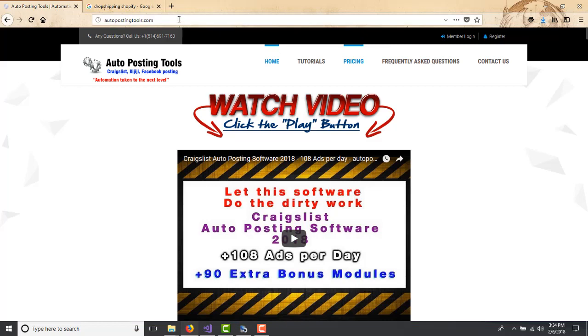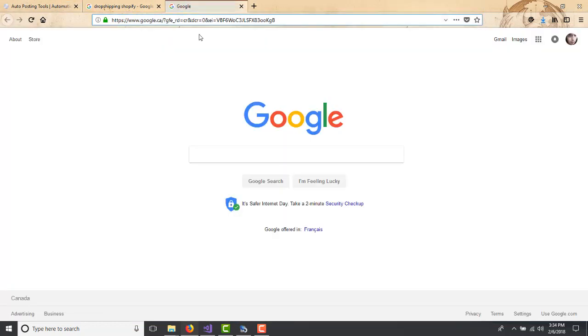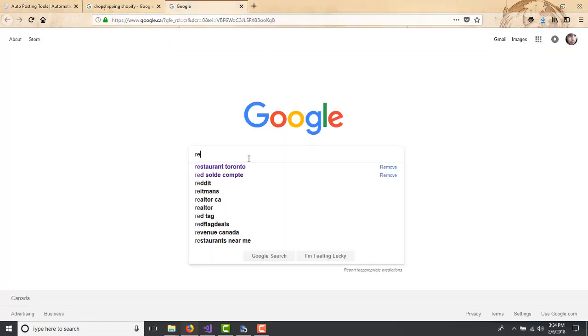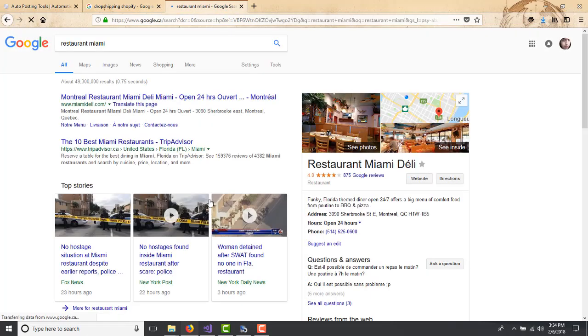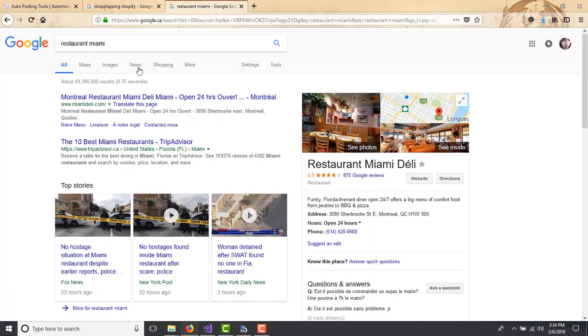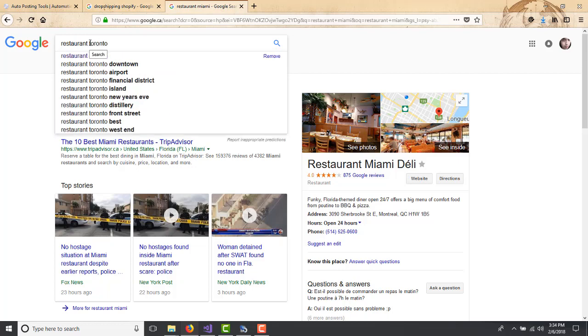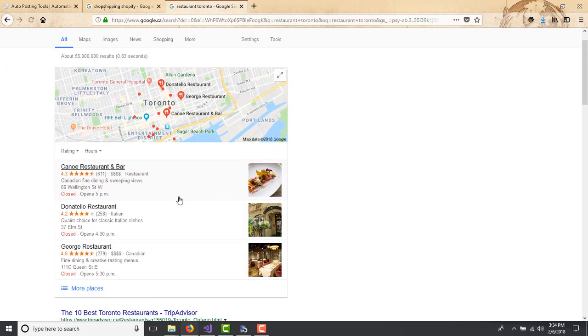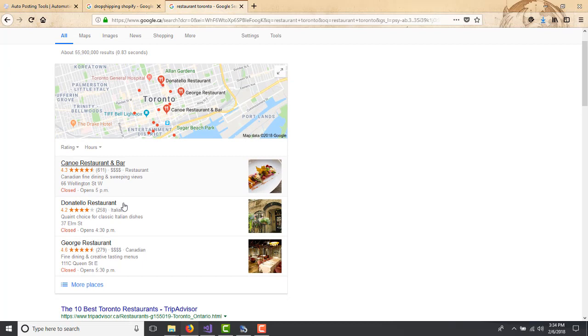So for citation, basically imagine that you have a business, a restaurant in Miami. Then imagine that you wanted to put your business into the first businesses that appear here for Toronto.